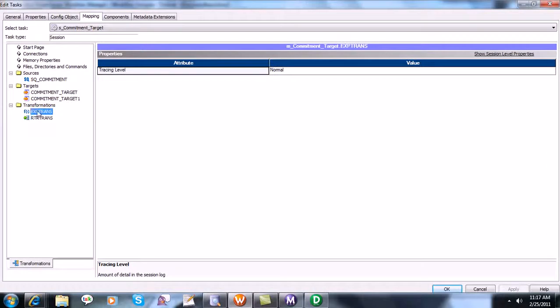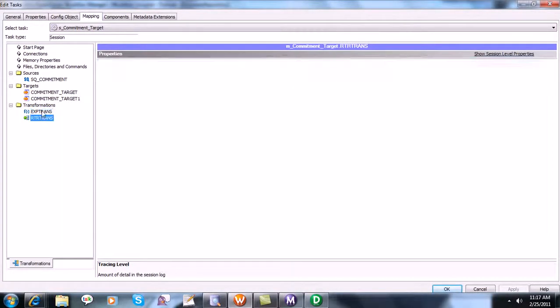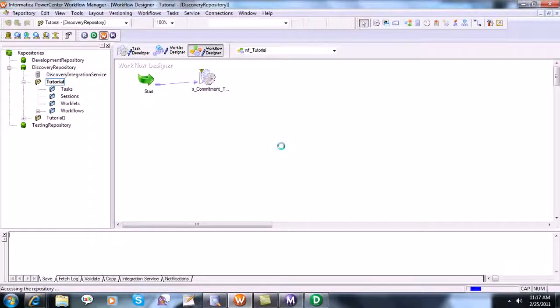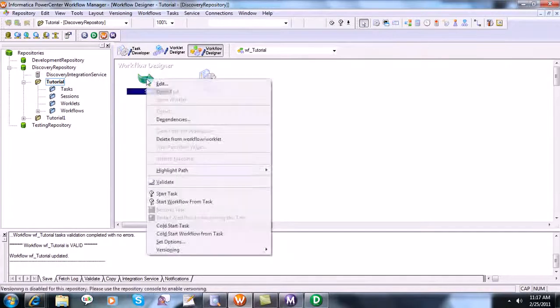And this is the router transformation. Nothing we need to give in the router transformation. That's okay. If the yellow symbol appears, it would validate this session object again, validate the workflow, and if there is an issue, then there is a red exclamation mark pointing here at the same place. So let's just execute this transformation.